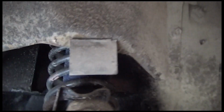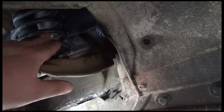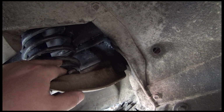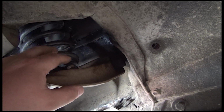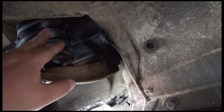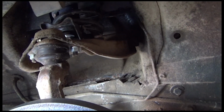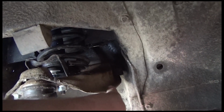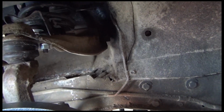So my game plan is to order either a 3-inch round coil, like an aftermarket type coilover, like you put on a 240, like an eBay kit or whatever. It's hard springs for the right length, which will give me my tension down here, but I need it long enough that the shock itself is actually doing its job and bouncing. If not, you replace this upper arm. There's an aftermarket arm you put in there that,